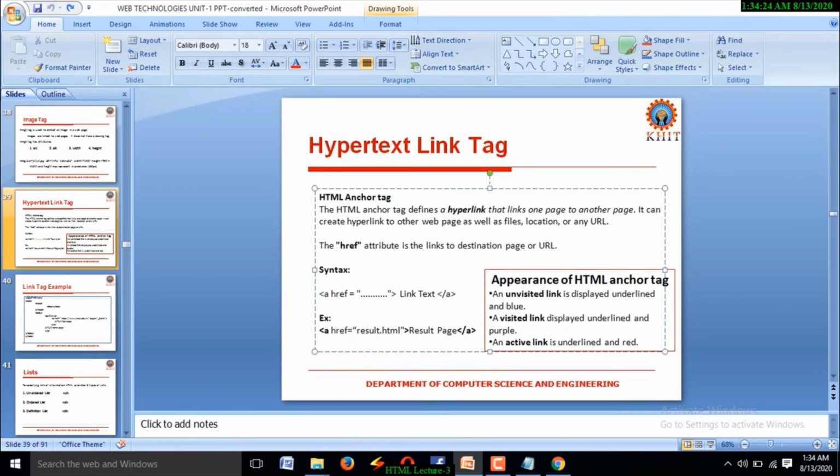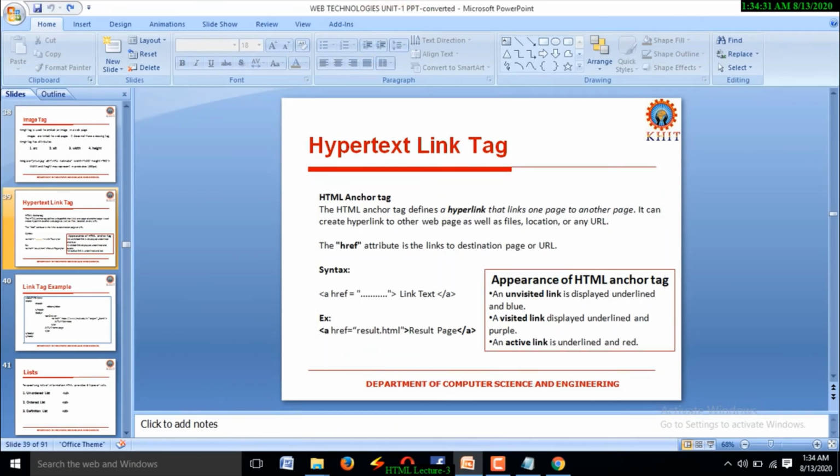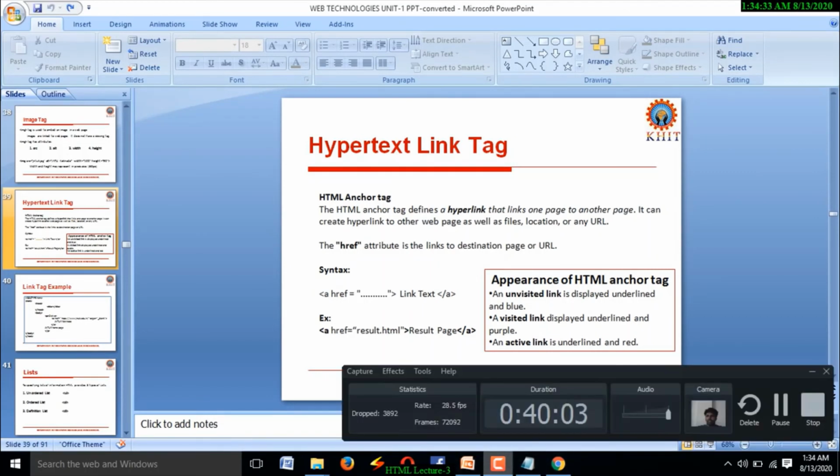In the starting session, I told you what a website is. A website is a collection of web pages. These web pages are arranged structurally. To maintain the link between different web pages, we are using hyperlinks here.